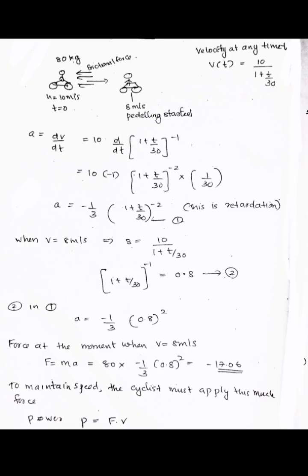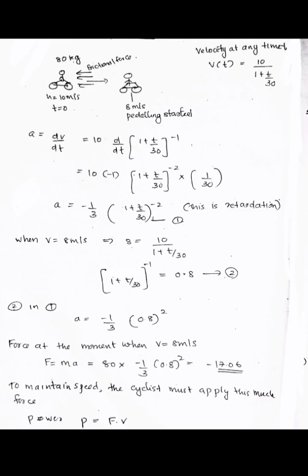Substituting the value of 2 in 1, we get a is equal to minus 1 by 3 into (0.8) the whole square. That is, when v is equal to 8 meter per second, then the force is equal to ma, that is equal to 80 into minus 1 by 3 into (0.8) the whole square. This is equal to minus 17.06. So to maintain the speed of 8 meter per second, the cyclist must apply